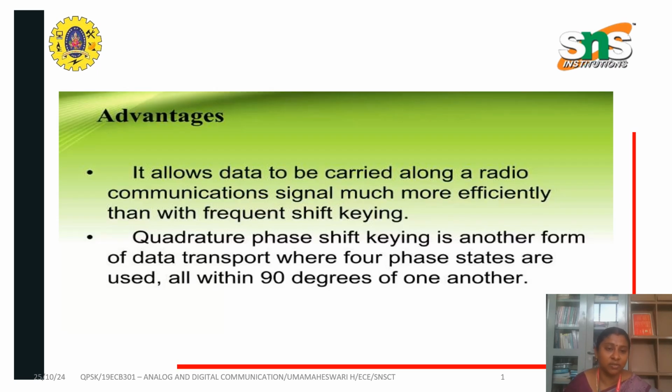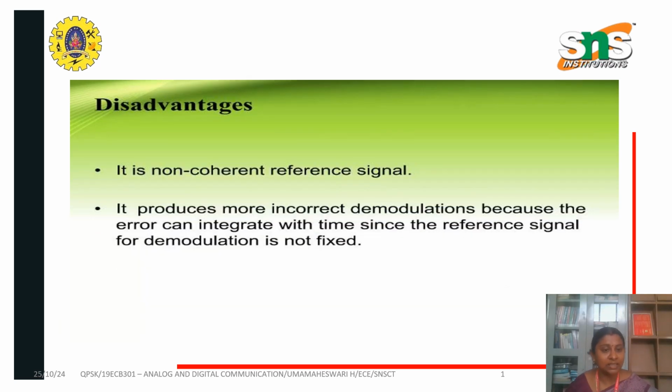The main advantage of binary phase shift keying is that it allows data to be carried along a radio communication signal much more efficiently than with frequency shift keying. In quadrature phase shift keying, this is another form of data transport where four phase states are used, all within 90 degrees of one another. The main disadvantage is that it is a non-coherent reference signal. It produces more incorrect demodulations because the error can integrate with time since the reference signal for demodulation is not